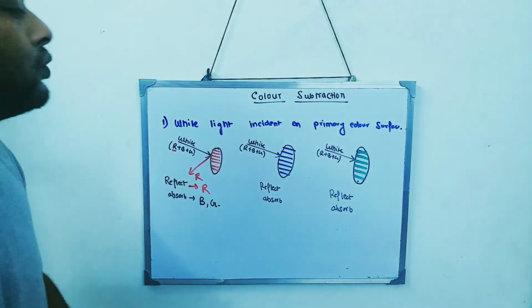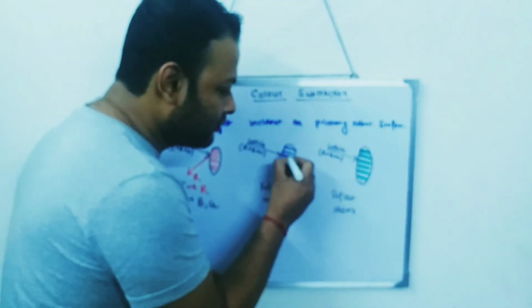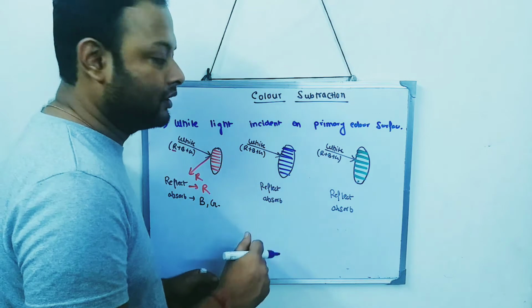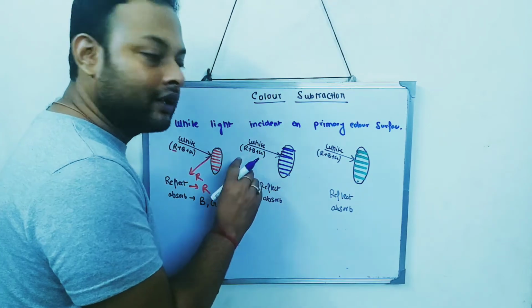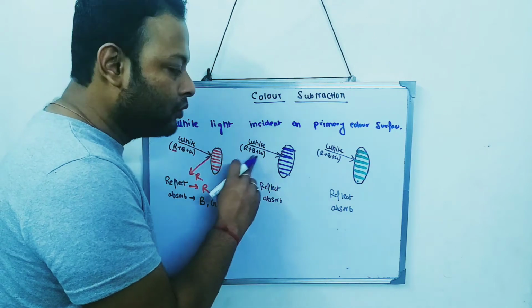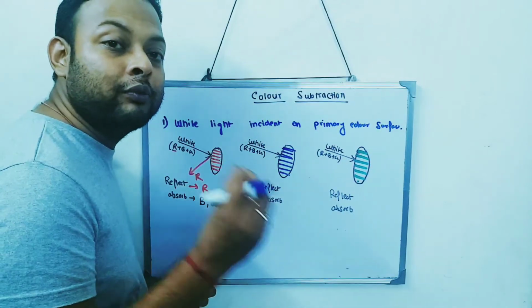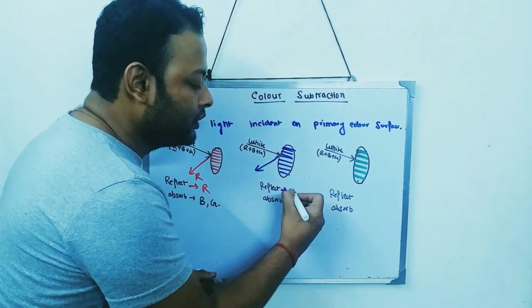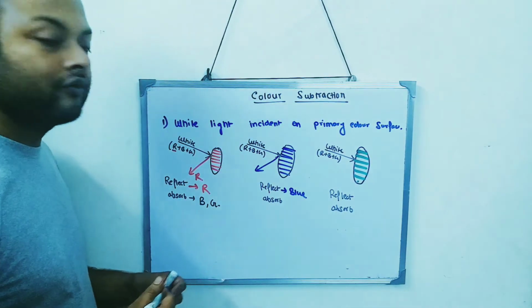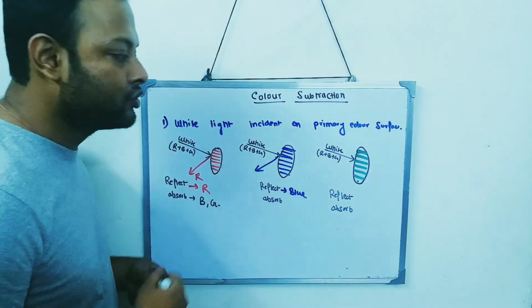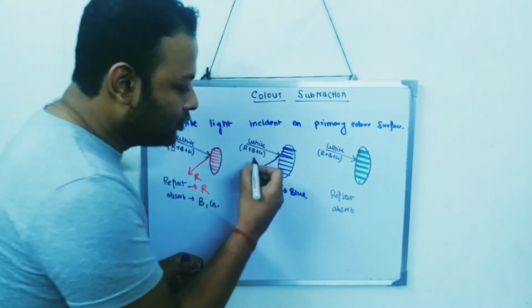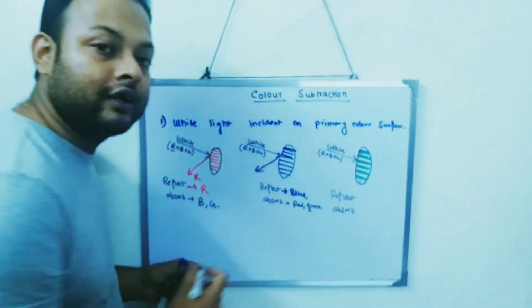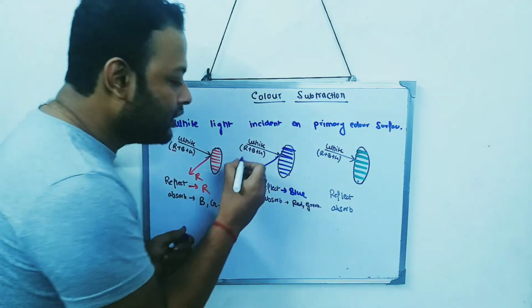A white light is coming towards the blue color surface. This is a blue color surface. Now, a blue color surface will only reflect the blue light. The white light is a mixture of red, blue and green, so the blue surface will reflect the blue component. So what will get reflected? The blue color will get reflected. And now think, what is getting absorbed over here? The other two. So what are the other two? Red and green. Red and green are getting absorbed. So which is getting only reflected? The blue one.